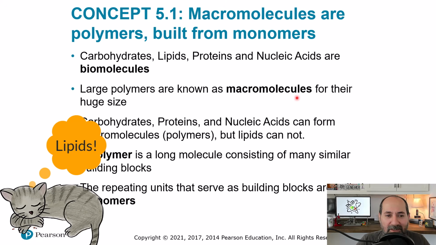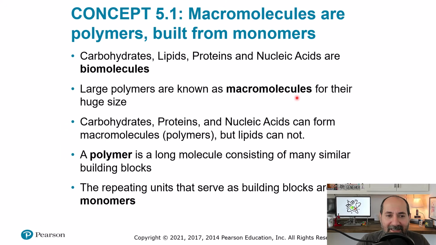That's right. The lipids are not macromolecules because they do not form large polymers. The rest of these are made up of monomers, that means building blocks, if you will, that link together covalently to form polymers. Okay, so again, the macromolecules have monomers, which are the repeating units that serve as building blocks, and the macromolecules can use those monomers to link them together to form polymers, which are long molecules consisting